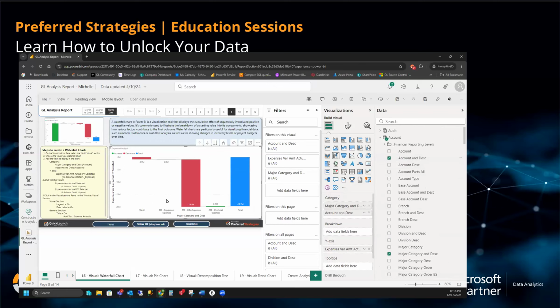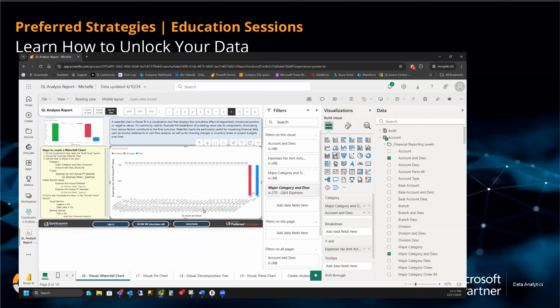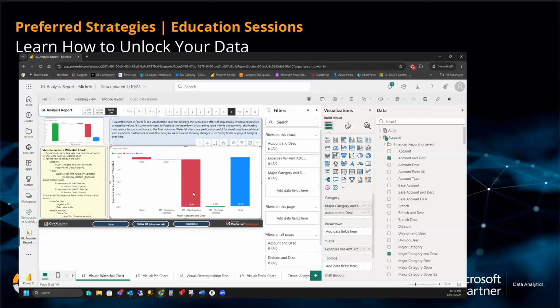What actually changes is your user now has the ability when they're looking at something like overhead expense, I can right click on that item now and say drill down. You have to be right on top of it. I'll just pick the bigger one. I can choose drill down, and now it's going to take that amount that it's showing me and break it across by individual accounts. And I can see everything kind of falls in one account, the miscellaneous expense. To get back, I just right click and I choose to drill up, and it takes me back up to